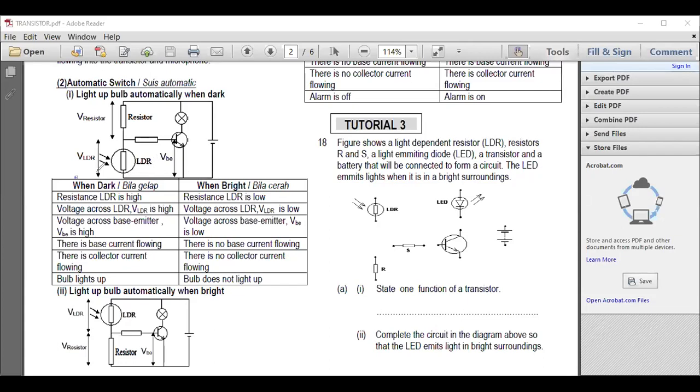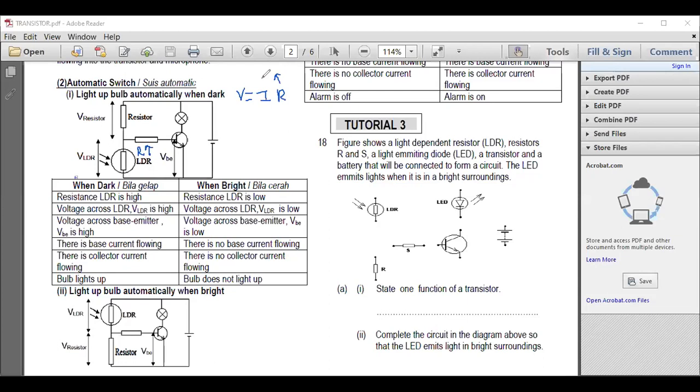Okay, now usually I put it in box form to explain how it functions. Now you see it works like this. Now we look at what happened. When dark, the resistance of the LDR is high. Now if you use the formula V equals IR,